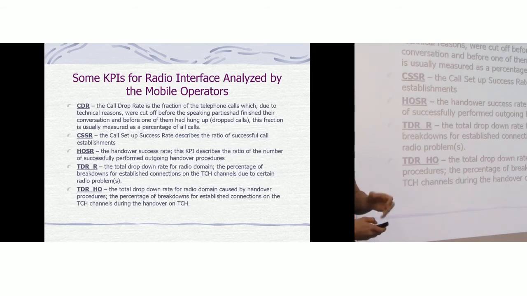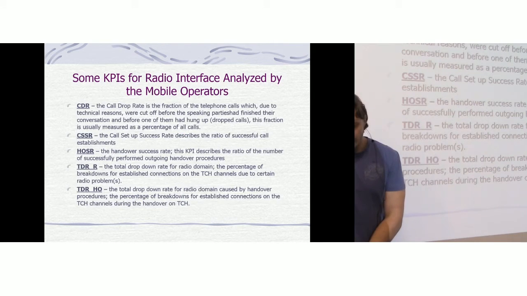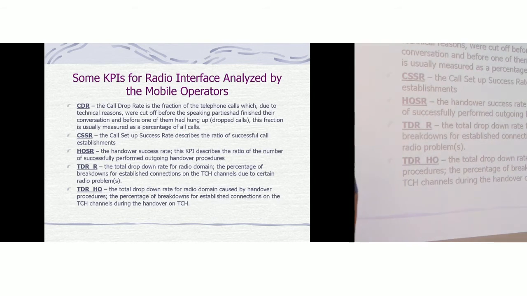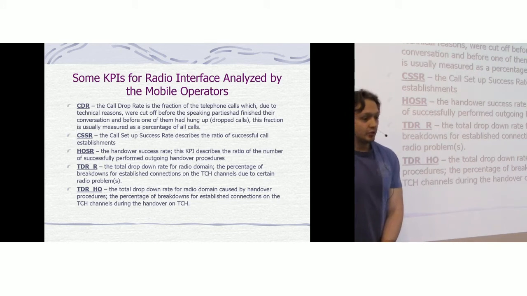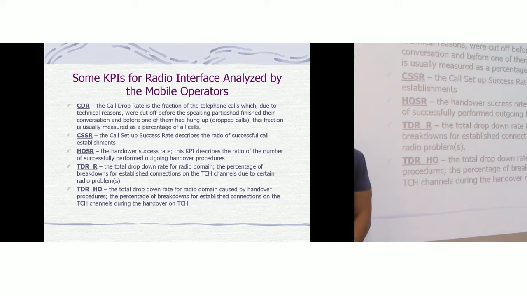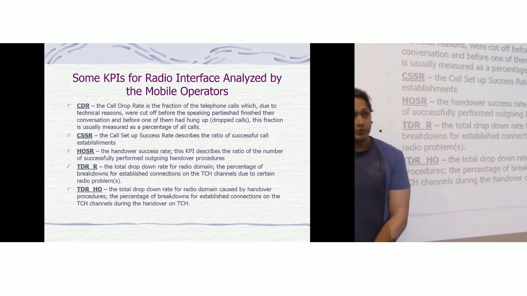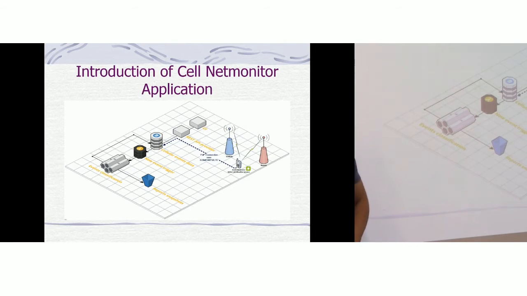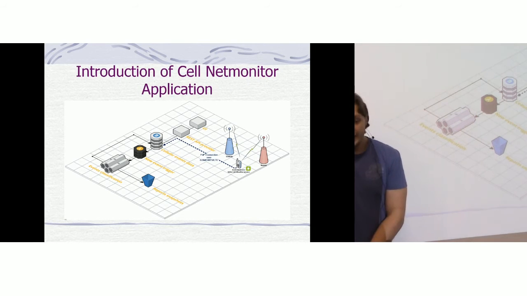Because of that, the key performance indicators are dedicated to monitoring the performance of the cell operator equipment. We would like to introduce you the cell monitor application that will